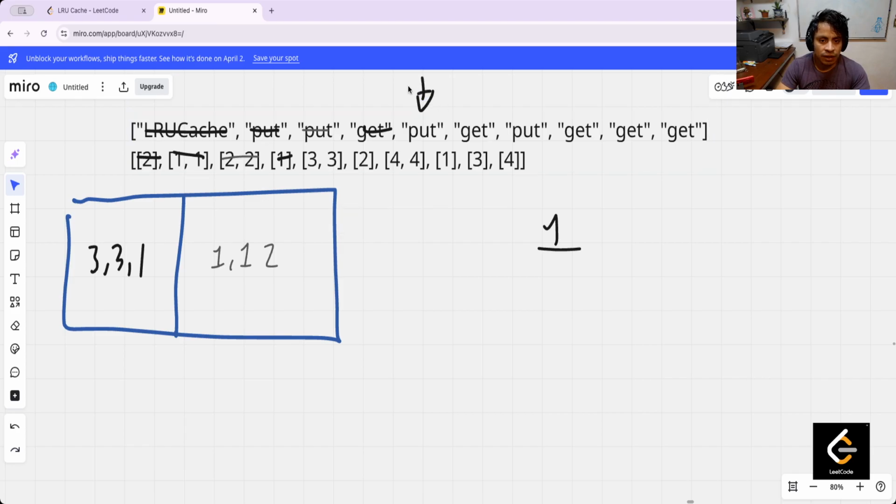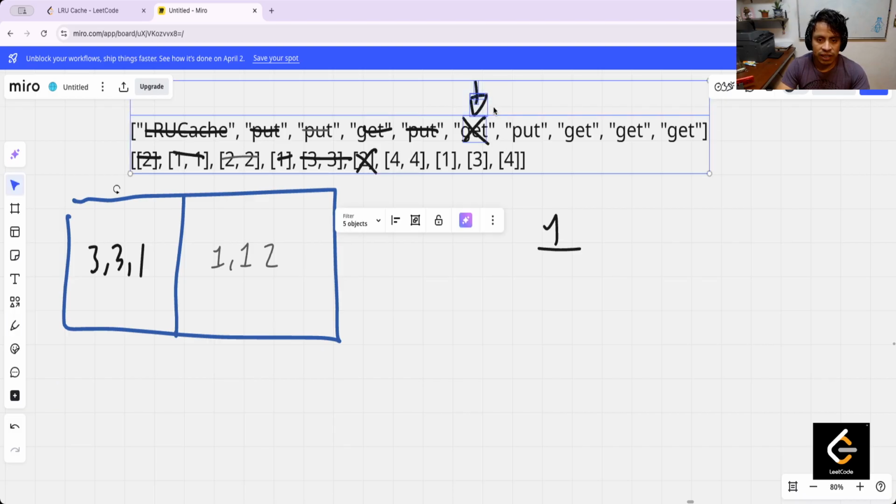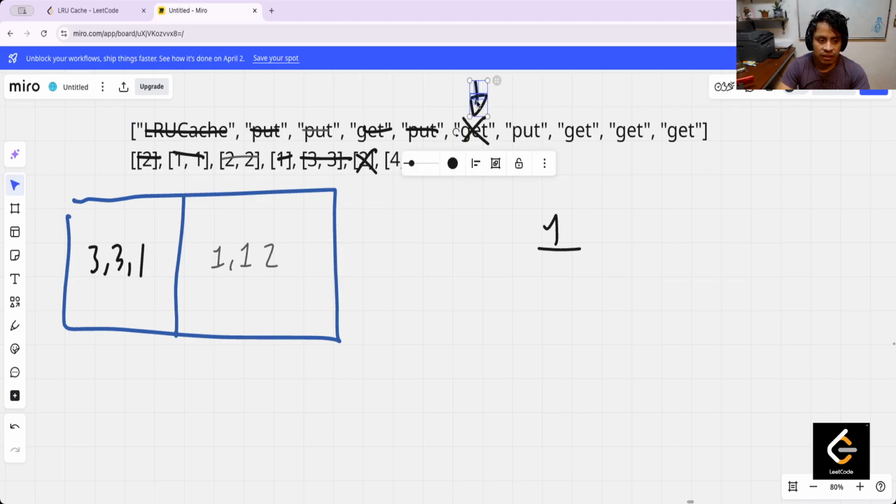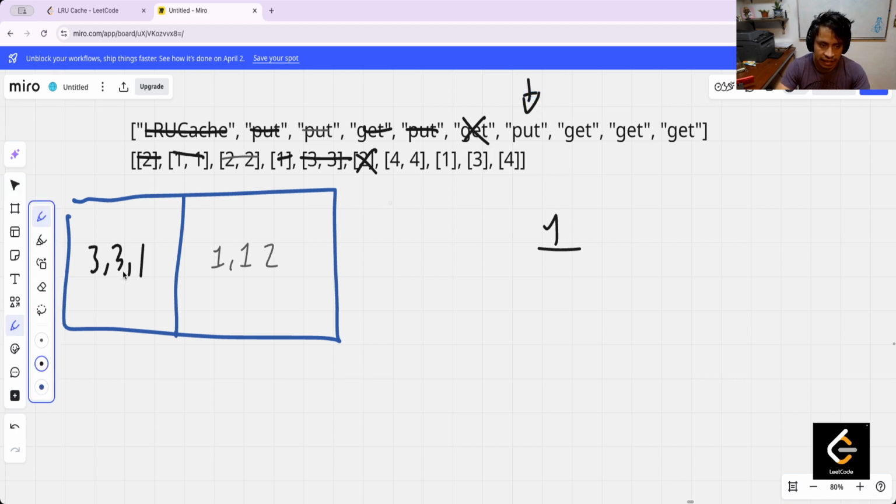Yeah. Now the next is this. Get the 2. In this case, it doesn't exist, so don't do anything. Now the next is this. Next is put one again. The latest element that appears on this side is 4, 4, and 1. Okay,